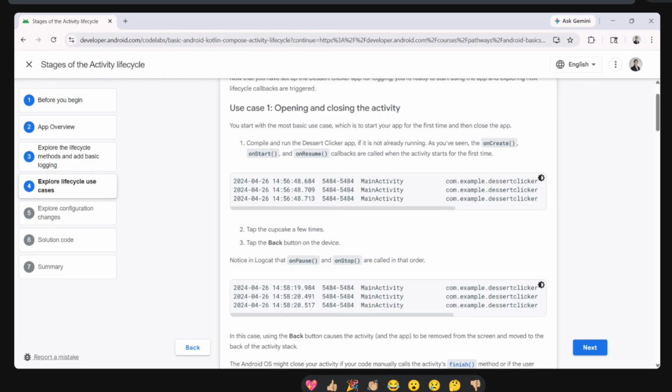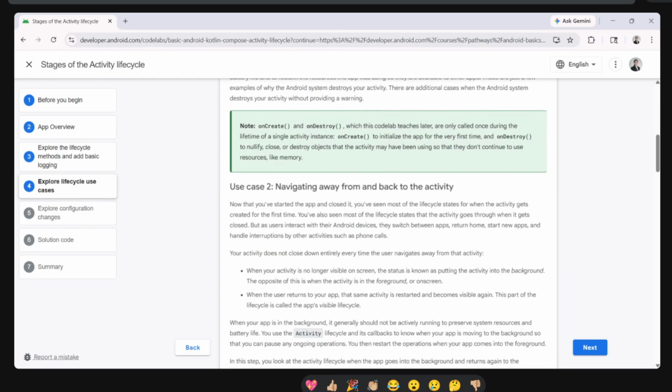When you are leaving the app, when you say okay, I am working and all this is completed, so you are leaving, that is onPause. We pause that interaction, and we will stop the app. So this is the use case of the first thing, opening and closing the activity. The next one is navigation